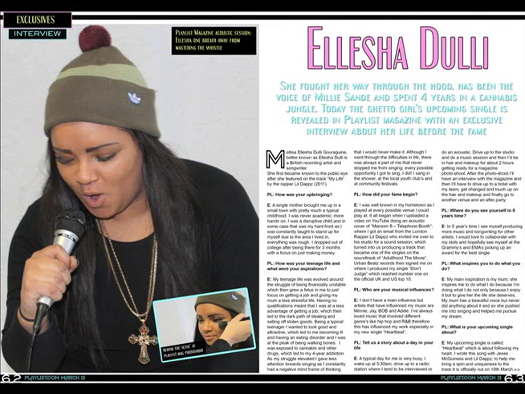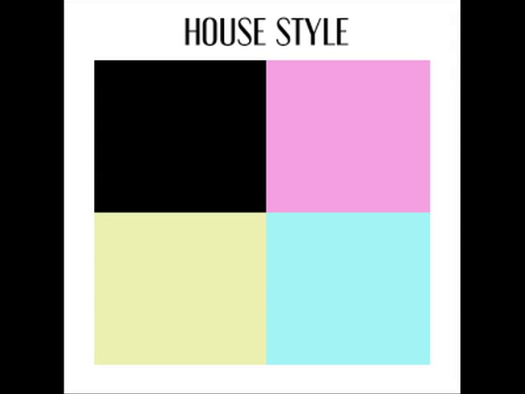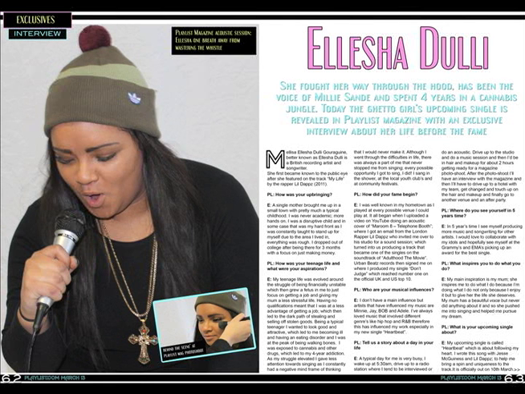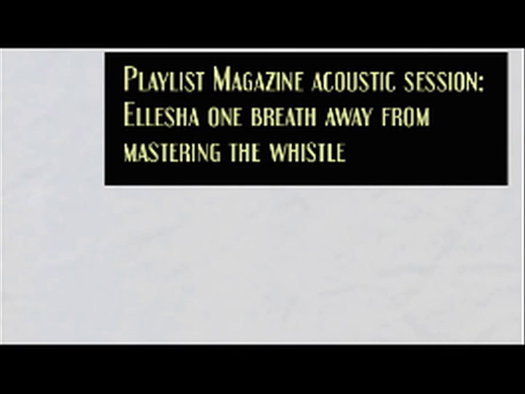One of the main conventions is house style, which is a key aspect of any publication, as it runs throughout the magazine and links all the pages together. And so the main colours I used are black, yellow, blue and pink. My double page spread uses the house style effectively, as I use these colours distinctively. For example, having a thin blue border around the small image on the double page spread, and using the house style colours for different text on the page, as I use yellow for the caption of the main image